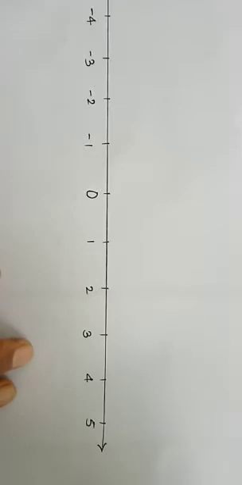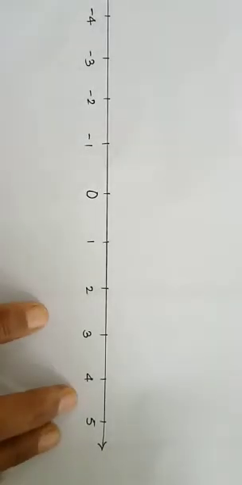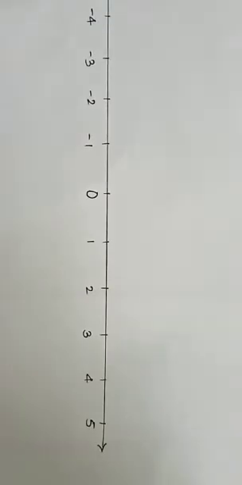Now, to find the position of numbers on the number line, we have already seen that root 2, root 3, the square root of 5, the square root of 7 are all irrational numbers. We can't find the non-terminating recurring form of these numbers. So for that purpose, how do we find root 2? Where will we get root 2?